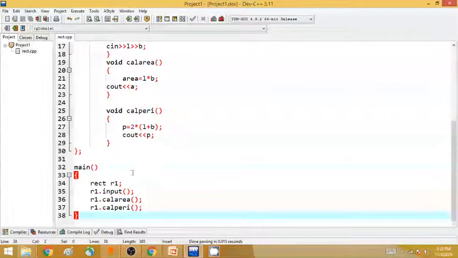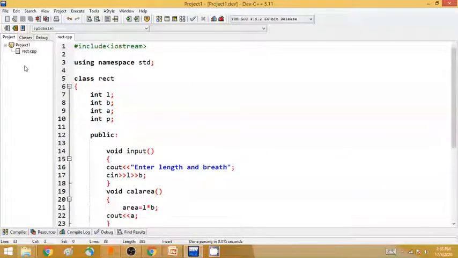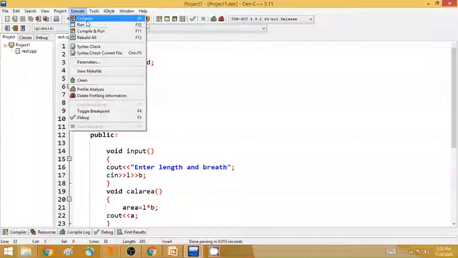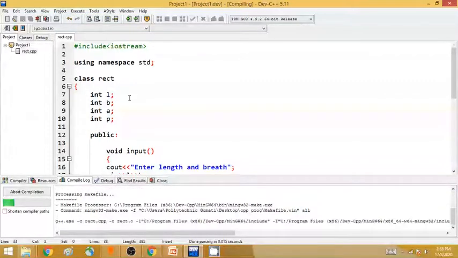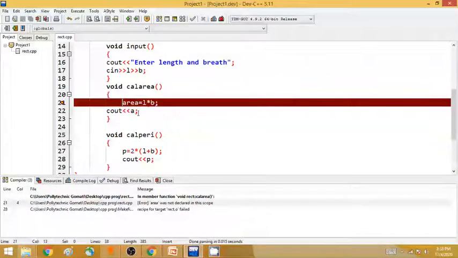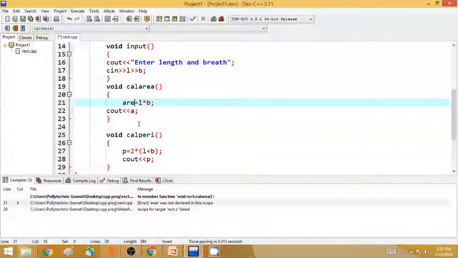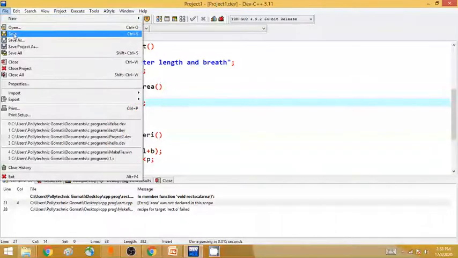So let us check it first, then I will explain how the program works. Compile the program. If there is any error, it will show you that there is an error. So what error? Yes, we have written area, but there is no variable called area, it is a. No problem. So let us save